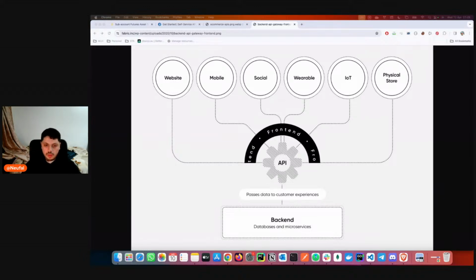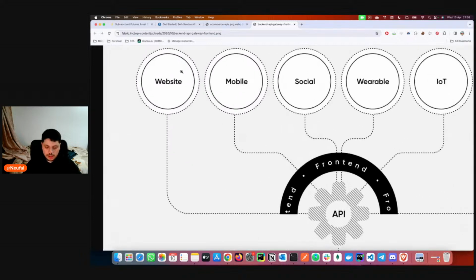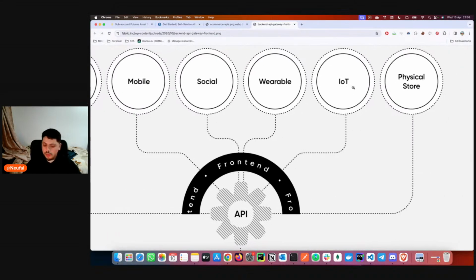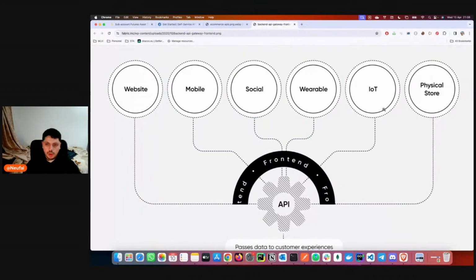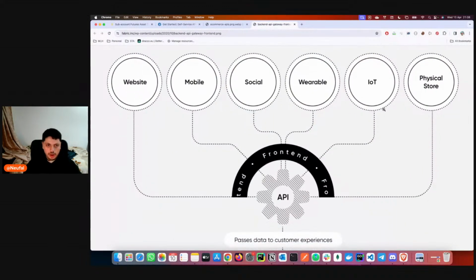What we can see here in the middle is the API, and as you can see here, it's the website, the mobile, social, wearable, IoT, physical store. Basically, what this means is that when we have a product, a software platform, an e-commerce, whatever, we don't create the backend, for example, in the iOS app.